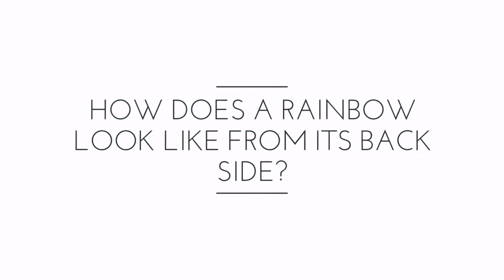Let's go to the next question. How does a rainbow look like from its backside? Rainbow is not a physical object. It is formed when sunlight passes through water droplets at a certain angle. These light particles scatter and form the rainbow that we see. It is a two-dimensional figure and we cannot touch a rainbow, similar to how we cannot touch light. So, when you go behind a rainbow, or travel to the backside of a rainbow, you see nothing but a mist cloud that is causing the rainbow to form.